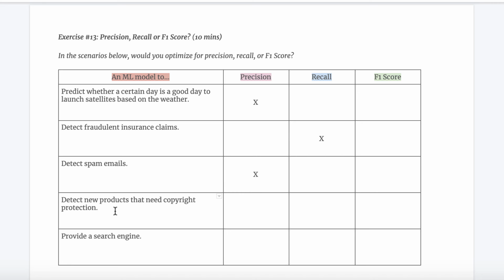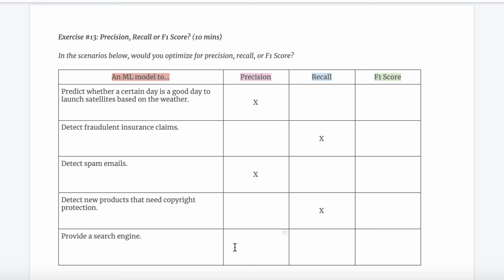However, if we have a false negative where a product that actually needs copyright protection is not detected as requiring it, the outcome is that it may not get the protection it needs and the results would be significantly worse. And so this model would be more interested in optimizing for recall to ensure that any products that require copyright protection are detected, even at the expense of potentially detecting products that don't need copyright protection as requiring it. All right, so we're optimizing here for recall. Okay, on to the